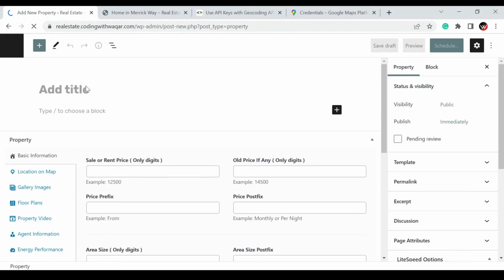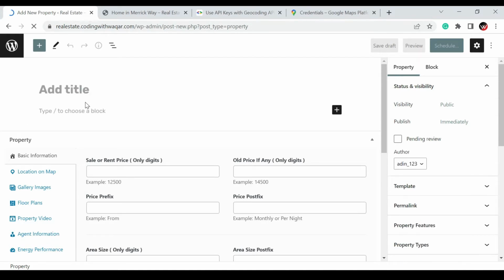Let's enter your property name, like Green Apartments, or whatever the heading or text you have for your real estate business. You can enter it, and you can enter its text or description,